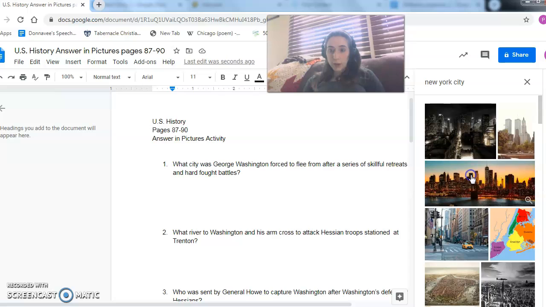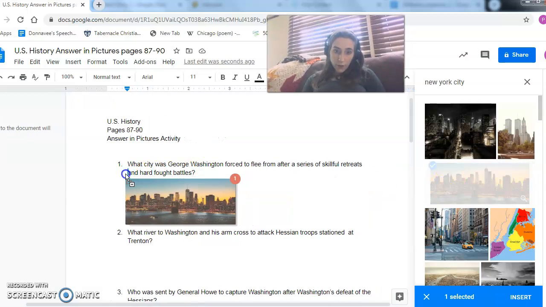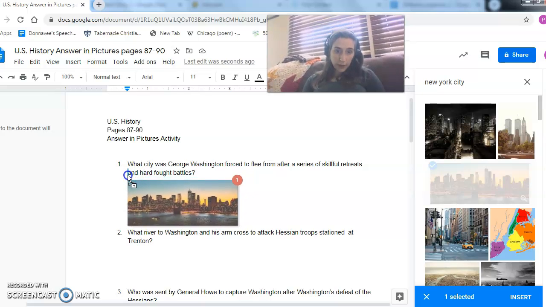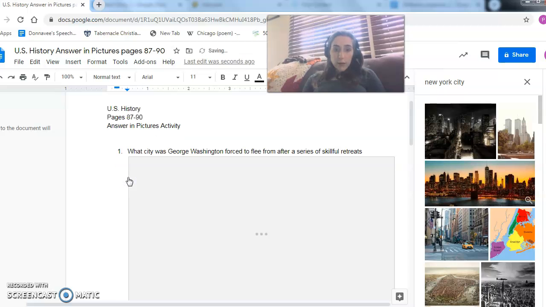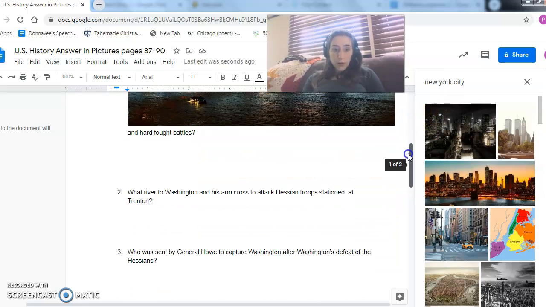So I'll pick this one. Your two options are you can pick it up and drag it over there, or if you like, you can just click Insert. But I'm going to just drag it, and there we have it. There's the picture right there. And then you'll go on to the next one: what river